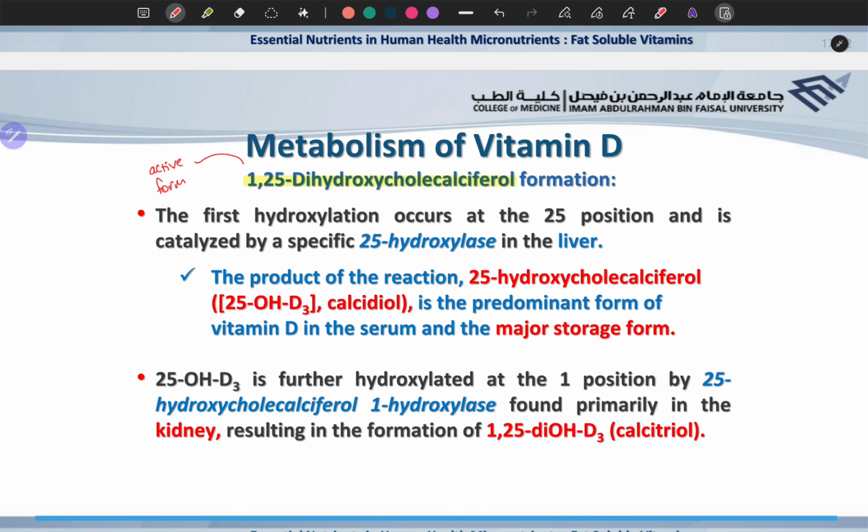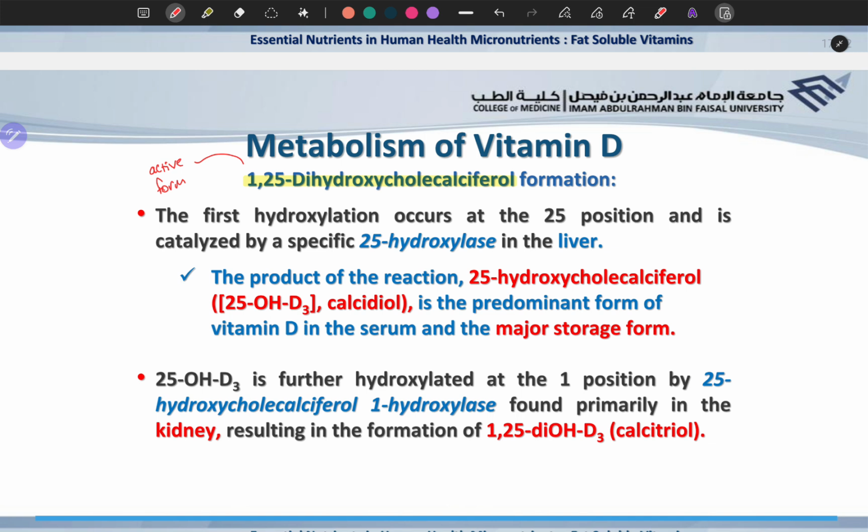The end product of the reaction, that is 25 hydroxycholecalciferol or calcidiol. After the first hydroxylation step, what you get is the 25 hydroxy D3, also known as calcidiol. This is the storage form of vitamin D, the major storage form. So if one is asked what is the storage form of vitamin D, it is